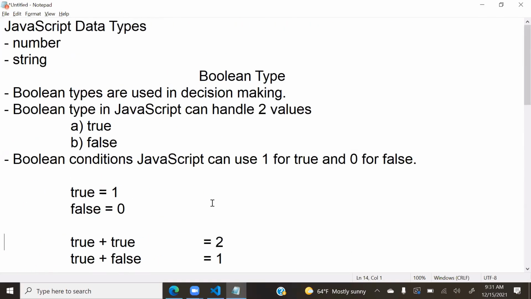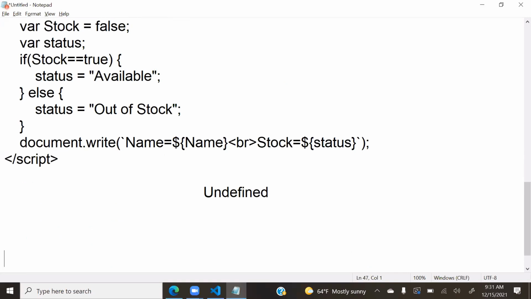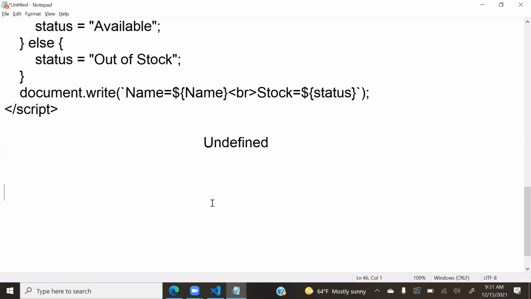Boolean types. Next, important in the data types, we have the undefined type. We are discussing primitive types. In the primitive types, we have number, string, Boolean, undefined. Undefined is nothing but, it specifies that